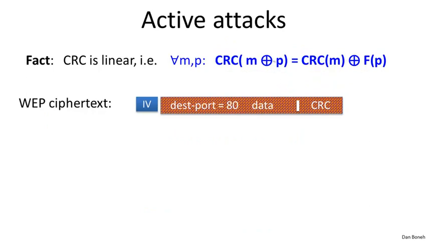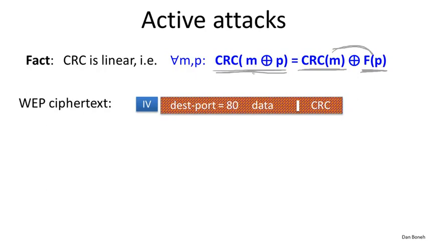The attack uses a particular property of the CRC checksum, namely that CRC is linear. What that means is if I give you CRC of M, and I ask you to compute CRC of M XOR P, then it's very easy to do. Basically, you just compute some well-known and public function F of P, you XOR these two together, and that in fact will give you CRC of M XOR P. So in some sense, the XOR just comes out of the parentheses, and that basically means that CRC is linear.